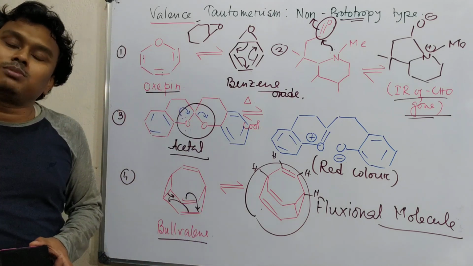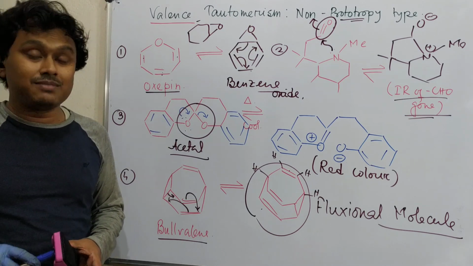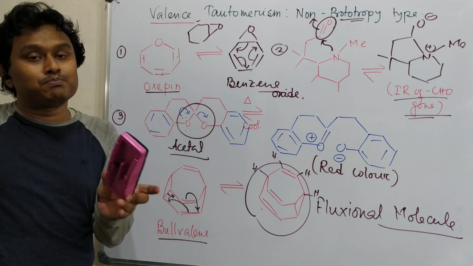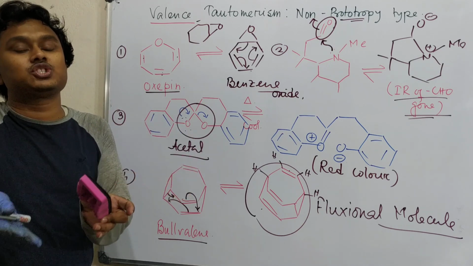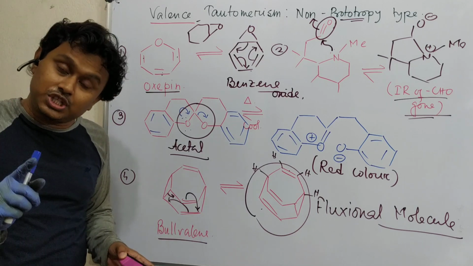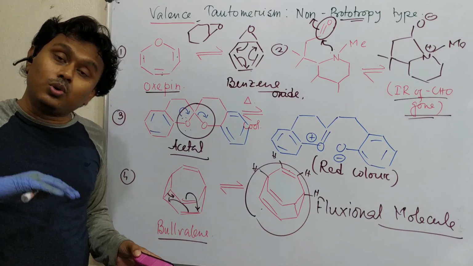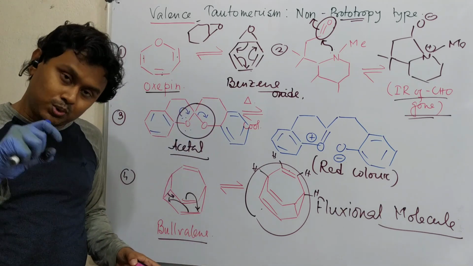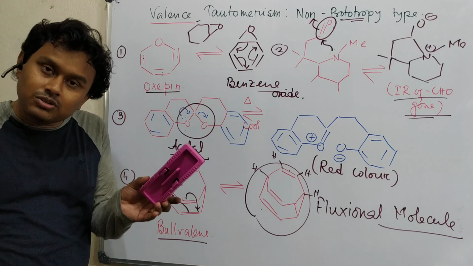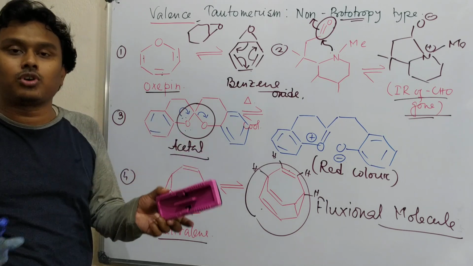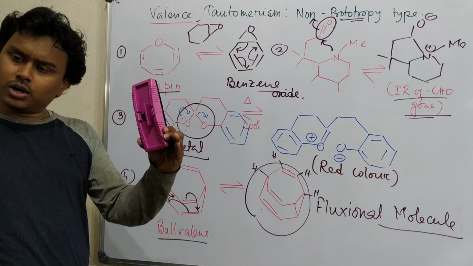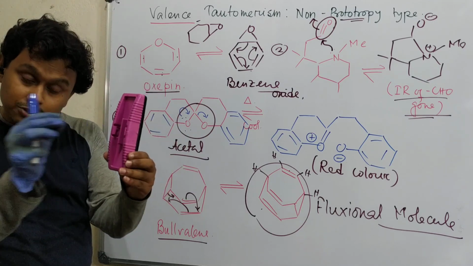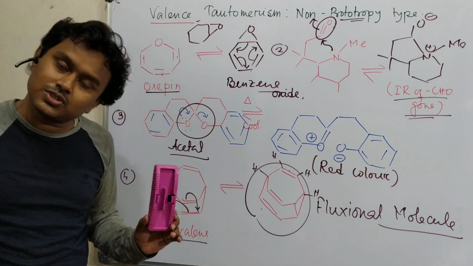So, what have you learned today? We have learned about valence tautomerism, meaning formation and breakage of a bond which results in position change or distance change of atoms, but no change in the overall molecule. The number of atoms is the same, but the position of atoms changes, and depending on the change in position we consider whether it is a bond or not. For example, if the atoms are at this distance, we say they are apart. If they come to this distance, we say a bond is formed because they are within bond distance. So first we learned the definition.